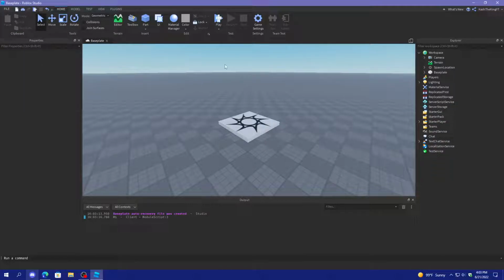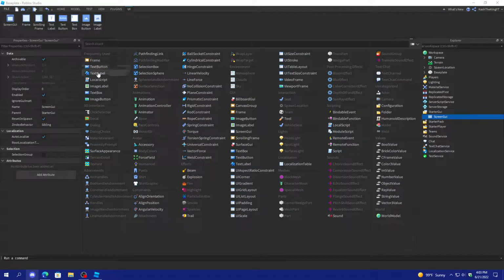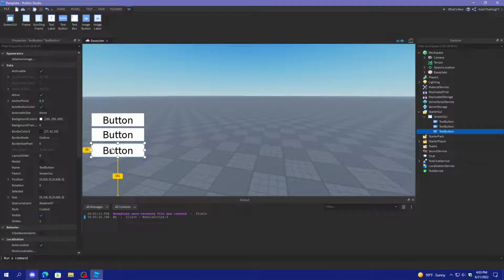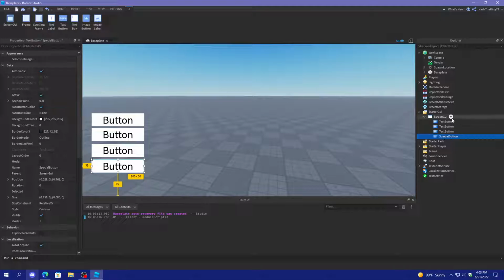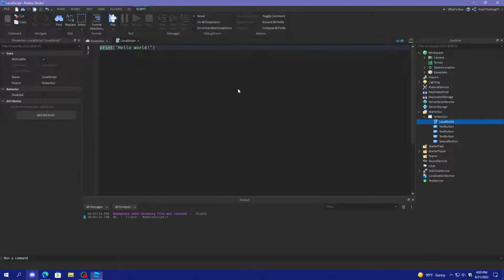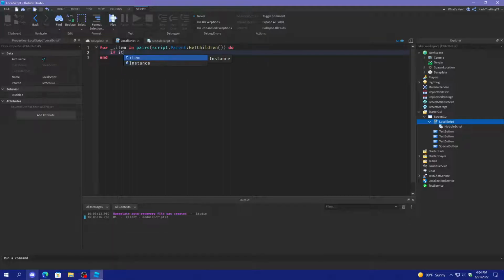So here's a couple of examples of what you could do with it. If you created a GUI and you created a button, and let's say you had tons of buttons, what you could do is name a button something special, like special button, and then create a local script right here, and then create a module script under that. And in the local script, you do for every item in pairs script.parent get children, do